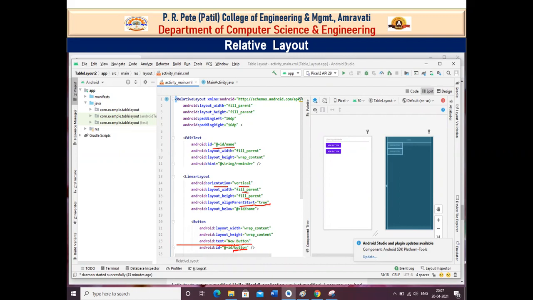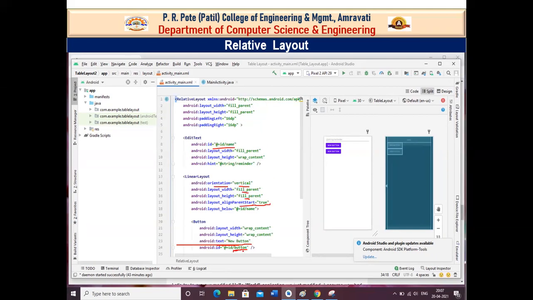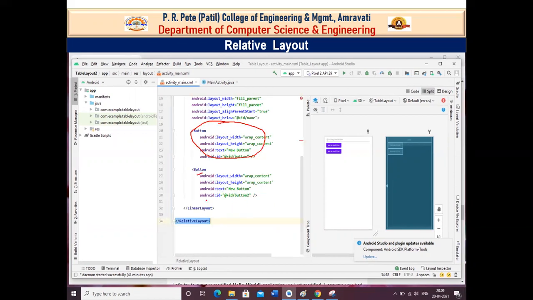Okay, now I have another button. This is repeated code. So I have another button. Here the ID is only button. Now in the second button, again the text of my button is new button, but we cannot assign the same ID to both buttons because it is a unique identification.